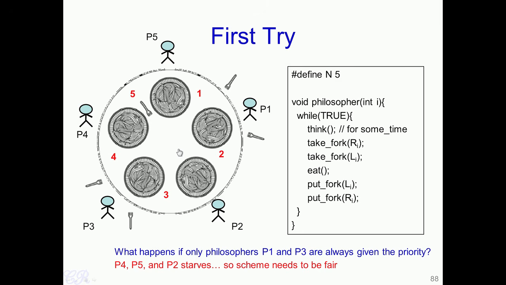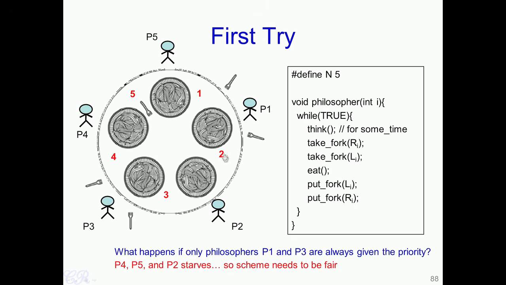So, what would happen in such a case? We will get a case where P1 eats whenever he wants and P3 eats whenever he wants, while the other philosophers P2, P4 and P5, which have the lower priority in picking the fork, will not be able to